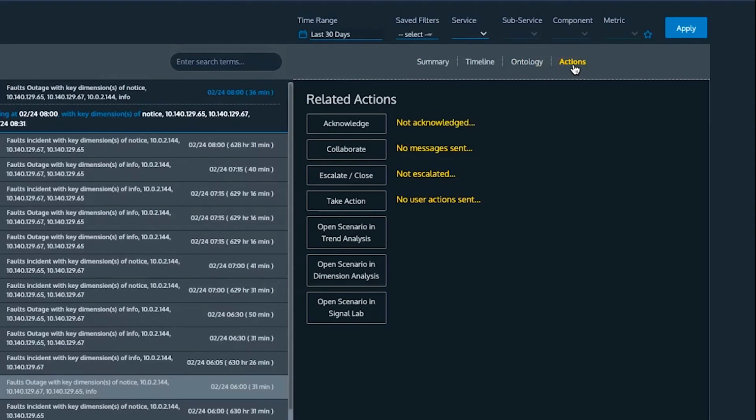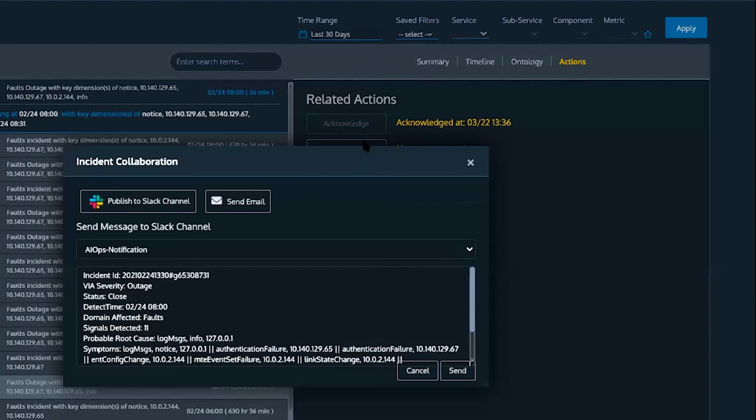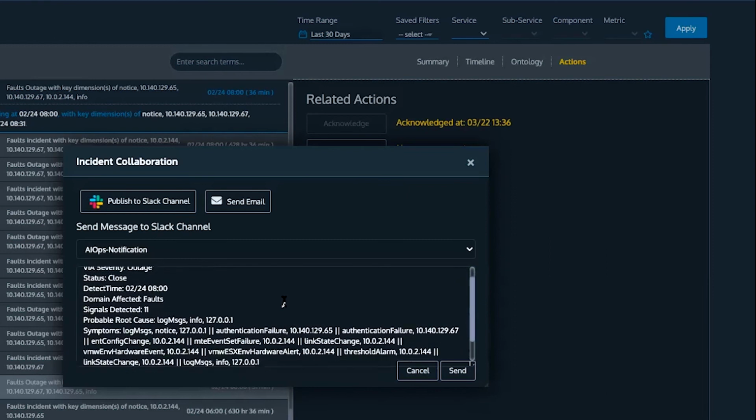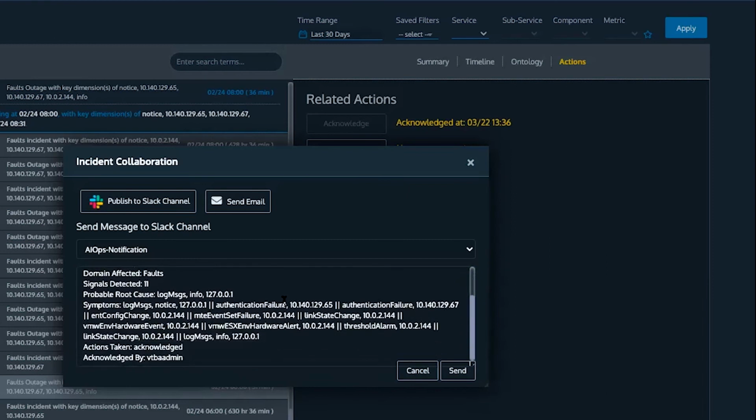However, if this incident was not closed, a user could come in and manage the incident on their own. First, they might acknowledge the incident, which will then update the timeline. They can also collaborate with others on their team, such as publishing to Slack channels, Microsoft Teams, and others, or sending emails. Those messages will have the correlated metadata and the context of the incident itself to make sure